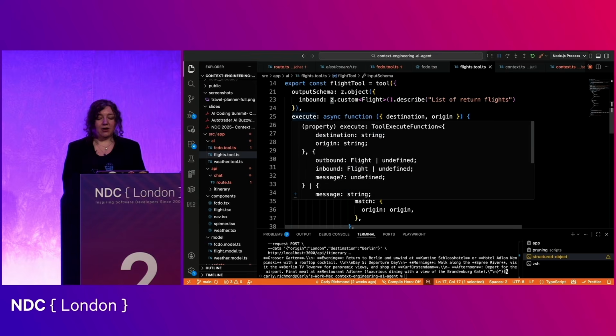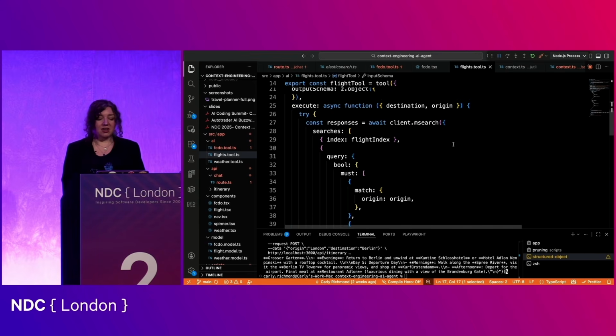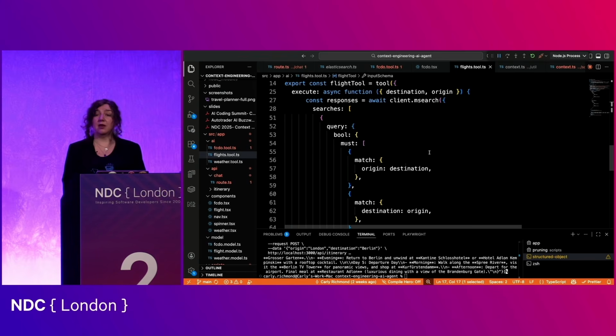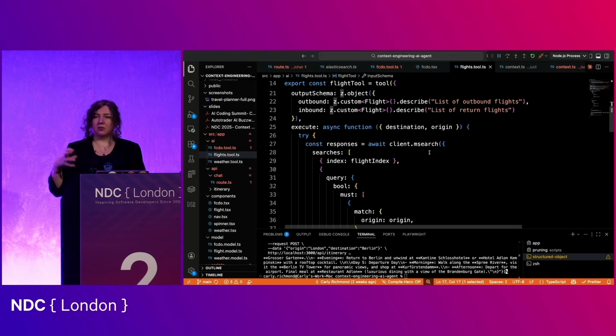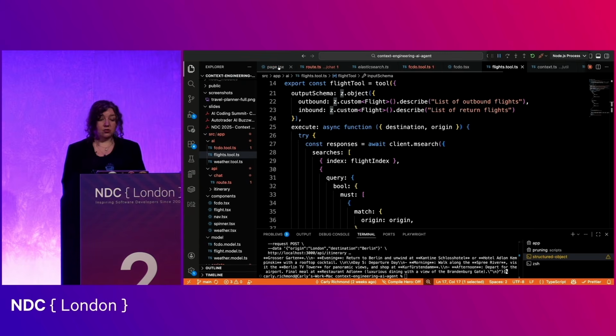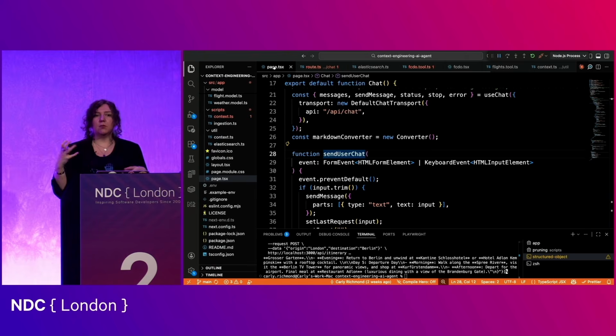And then we need to specify our function using the async execute option, passing in the relevant parameters, and you'll see it's doing the same search that we were doing within the RAG example before. But this also gives us additional power when it comes to building out user experiences, because we can utilize the output of a tool in order to showcase the relevant results and generate more meaningful, relevant, custom experiences. Because obviously, if there's particular tools that are not relevant to their flow, we can choose to not show those, or we can choose to show the ones that are indeed relevant and give a more personalized experience.